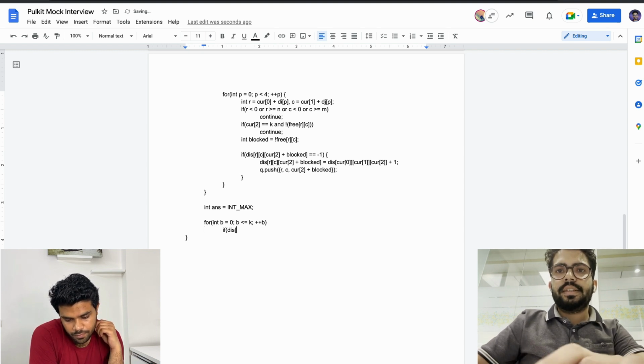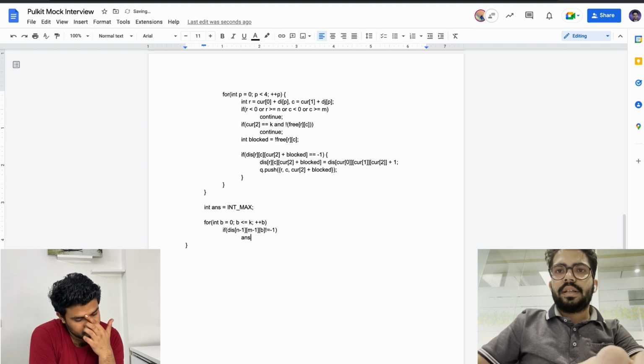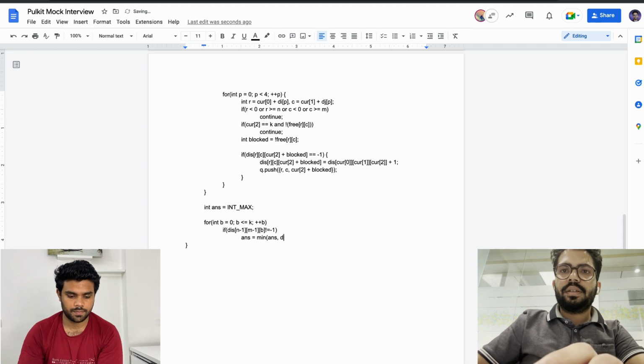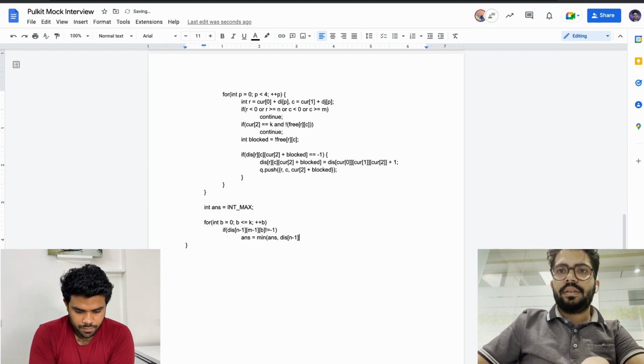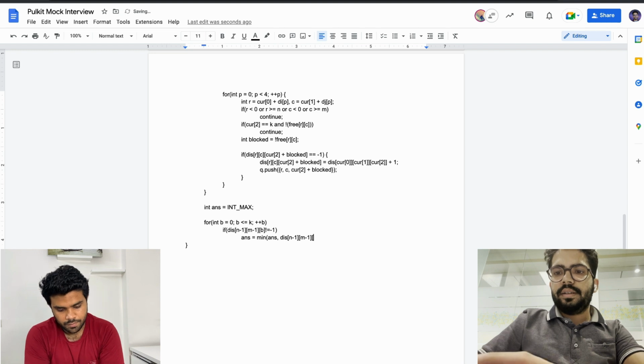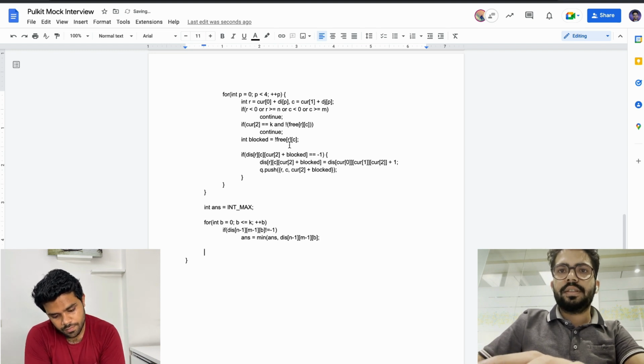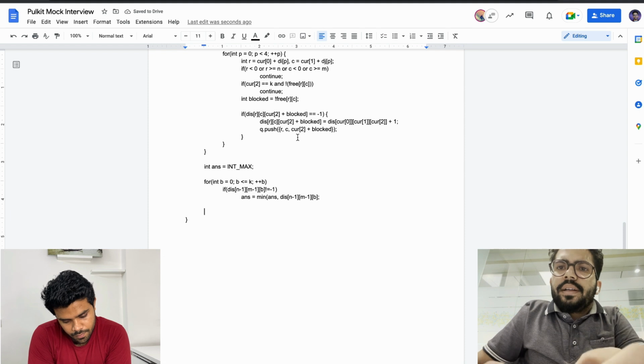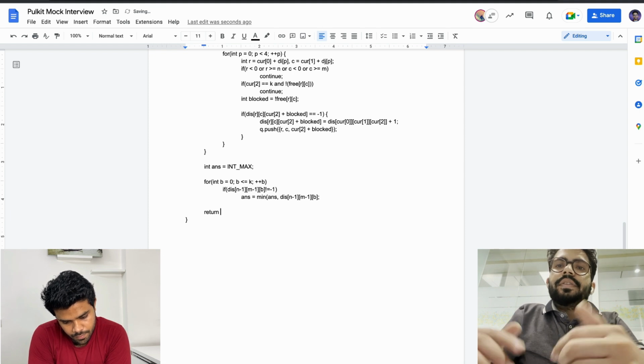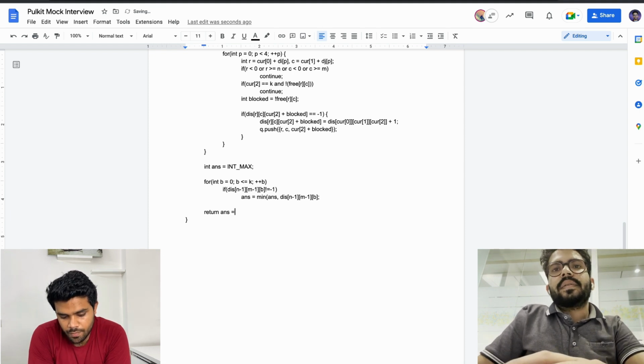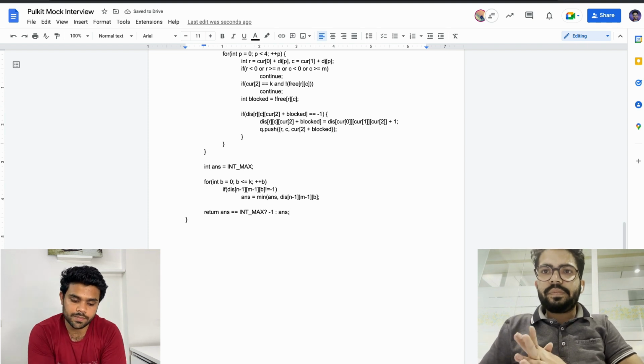If this of n minus 1, m minus 1, blocked is not equal to -1, answer equals min of answer and this of n minus 1, m minus 1, blocked. So I'm taking the minimum for all these. Now let's say you want me to return -1 if there is no path available. So if answer is still equal to int max, I'll just return -1, otherwise I'll just return the answer. All right, awesome.